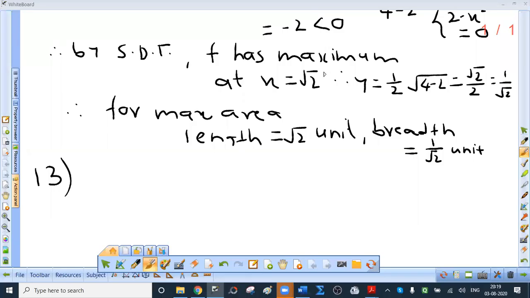Sum number 13. An open cylindrical tank whose base is a circle is to be constructed of metal sheet so as to contain volume of pi a cube cubic centimeter of water. Find the dimensions so that the quantity of the metal required is minimum. Yes. See, volume function is to be examined always for maxima, and area of the material required is to be